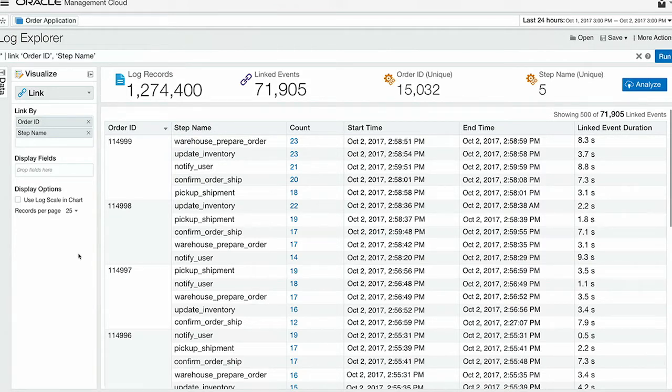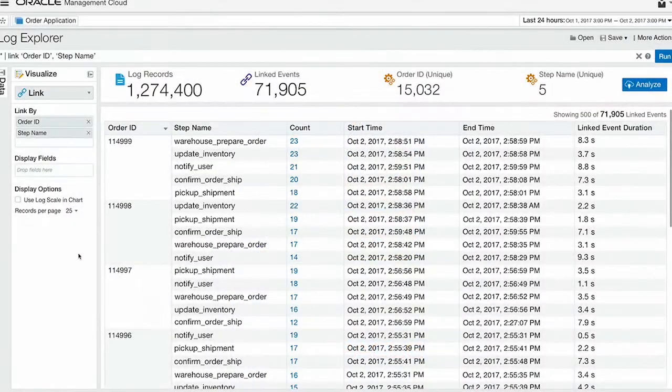But imagine a scenario where my customers are telling me that, hey, maybe I have some stuck orders, and I need to deal with those orders, and I don't really know which orders are getting stuck and what's going on. So although this is really great that I can see the orders here, instead of 1.2 million raw records, I still have 71,905 business flows to peruse through. That's still way too many flows for me to go page by page to see if there are any stuck